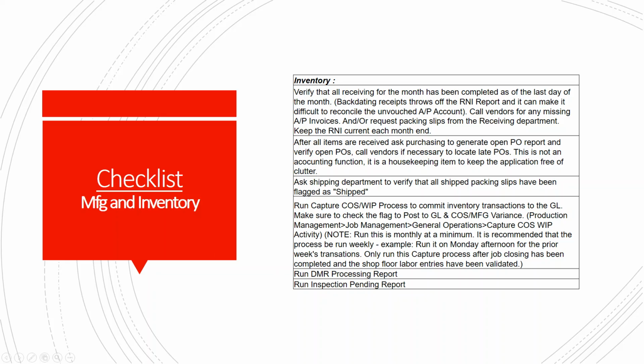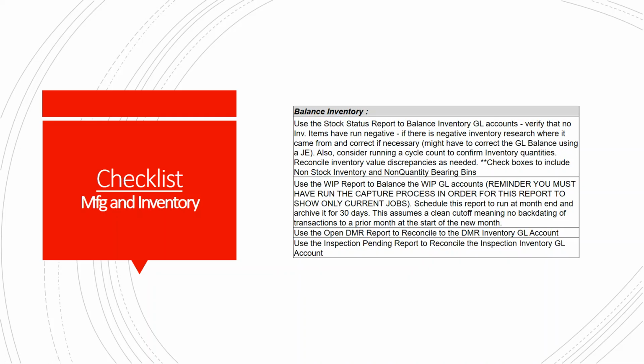We may also go through some balance inventory transactions or activities like verifying our stock status report and our work in process report to balance the WIP GL accounts, and also reconciling the DMR inventory GL accounts with our open DMR report,